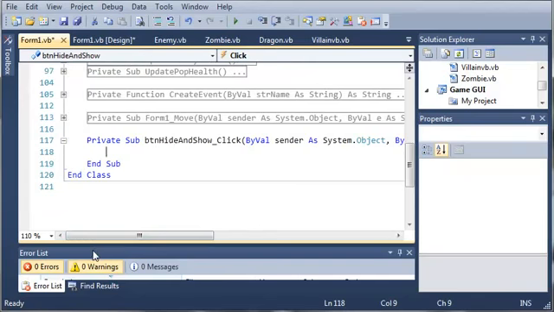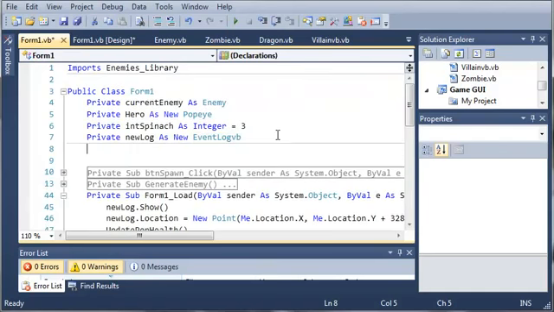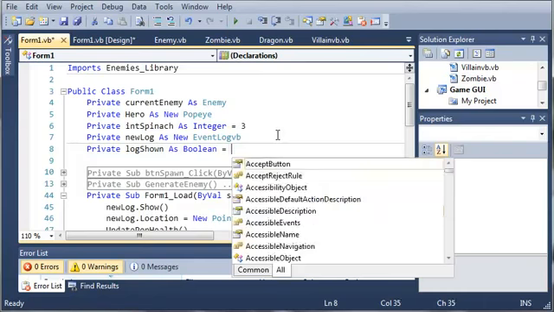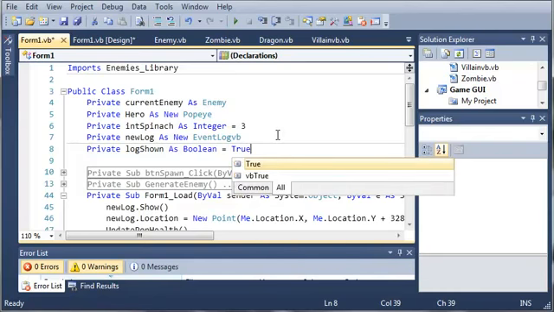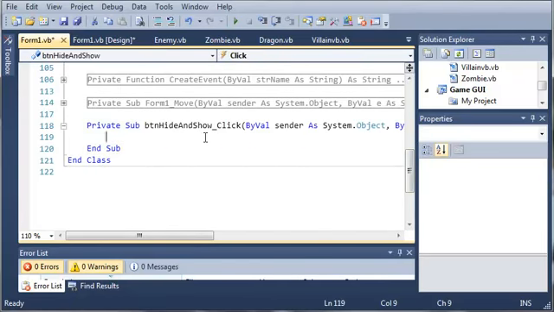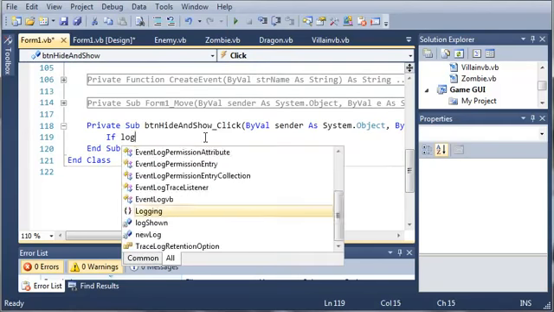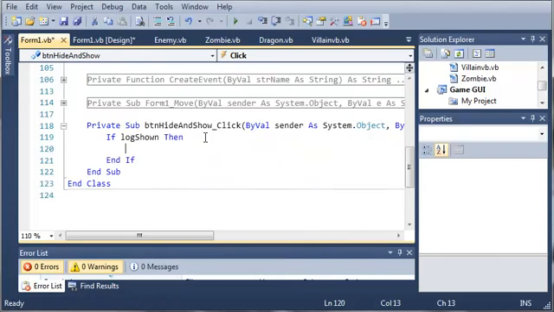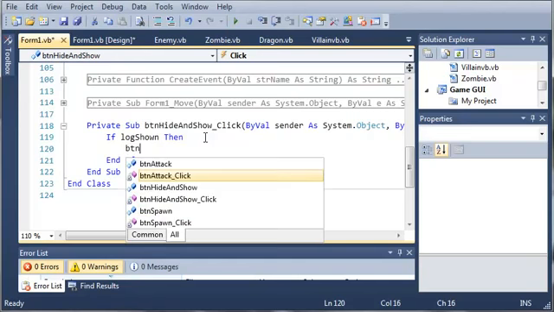So let's go ahead and create a boolean. So we'll come up here and we'll type private log shown as boolean. We'll set it equal to true to begin with. Okay, so we'll just use an if statement. So if log shown, then what do we want to do? So if it's equal to shown and they click it, we're just going to go ahead and set button hide and show